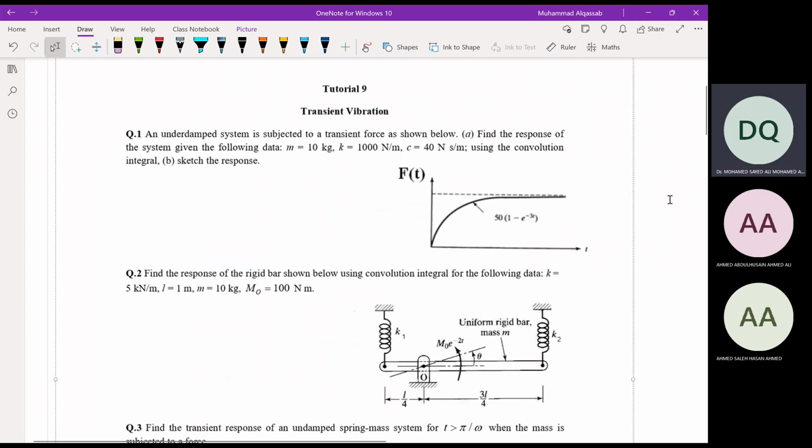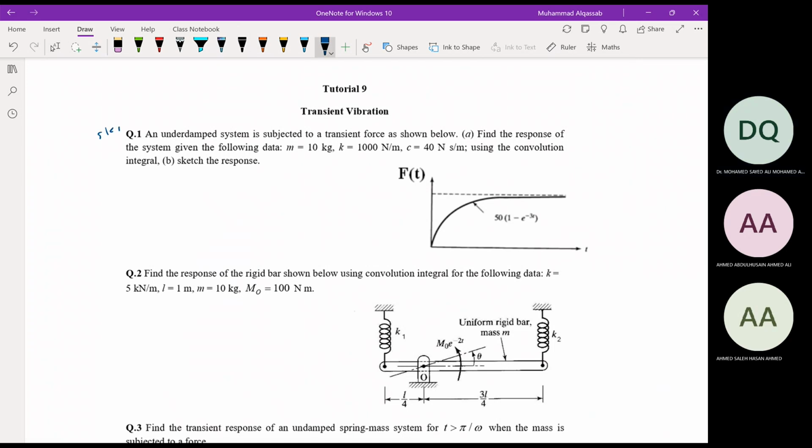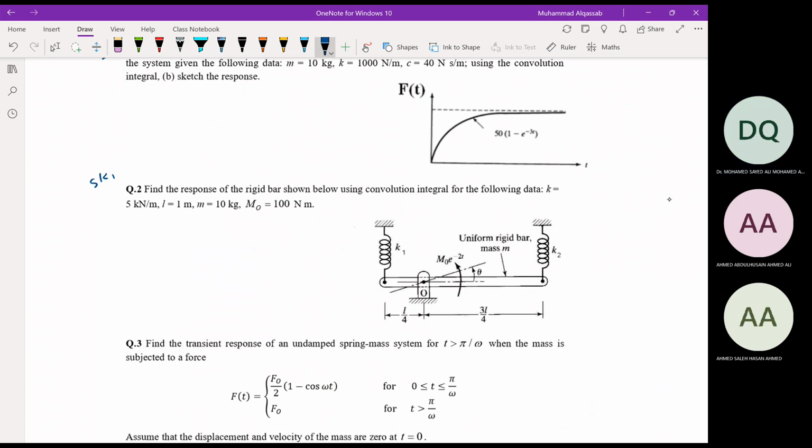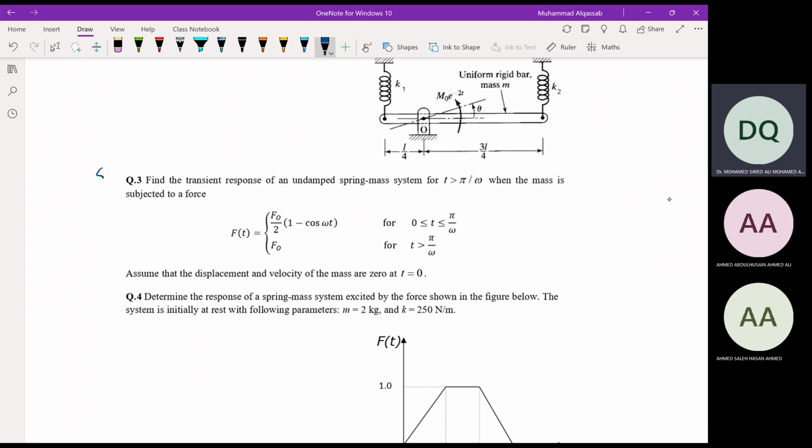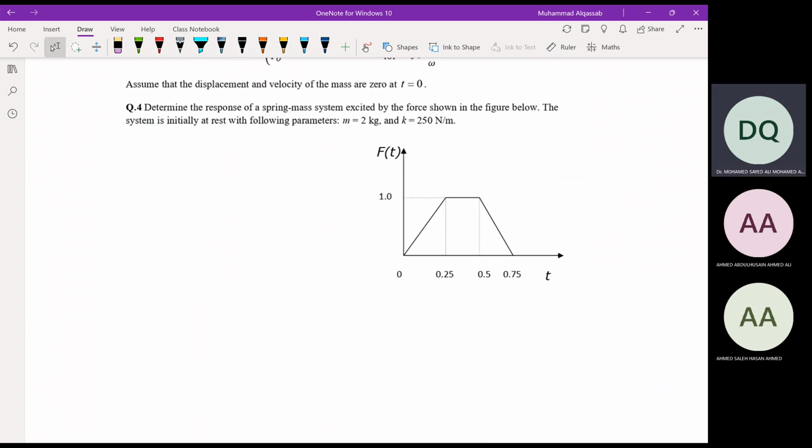I will skip any problem that involves integration, so you can skip question number 1, question number 2, and question number 3. And you can start solving. We will focus on constant and ramp only in this chapter. That's the basic thing,